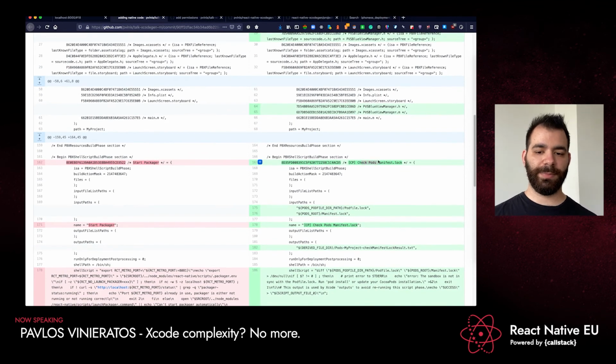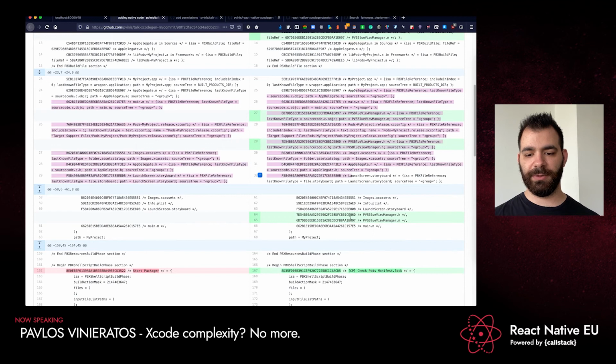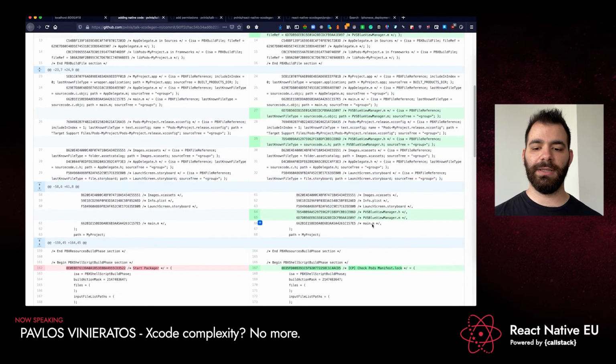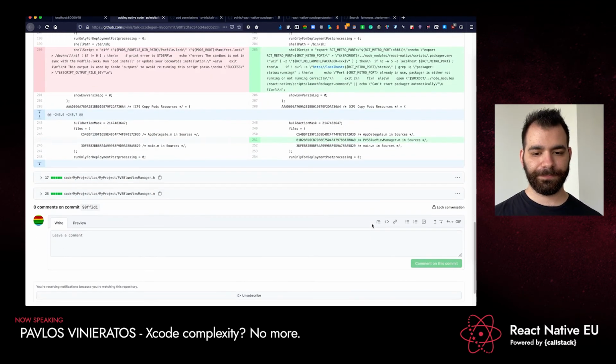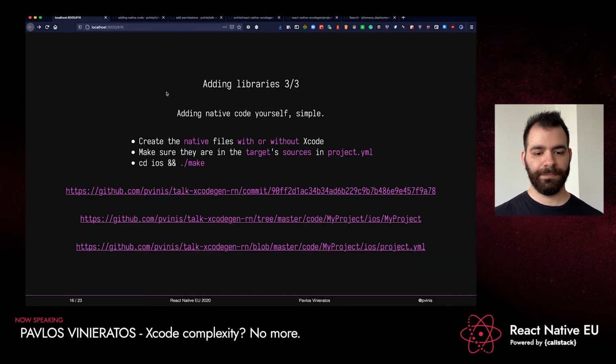Again, it has swapped these two scripts. Not too bad, because we can see that the main changes are basically up here, adding the native files for us. All right, let's go to